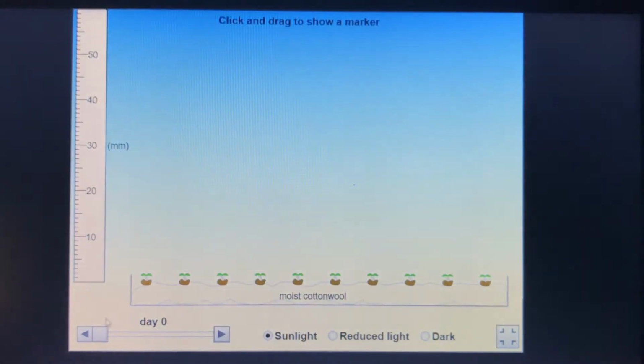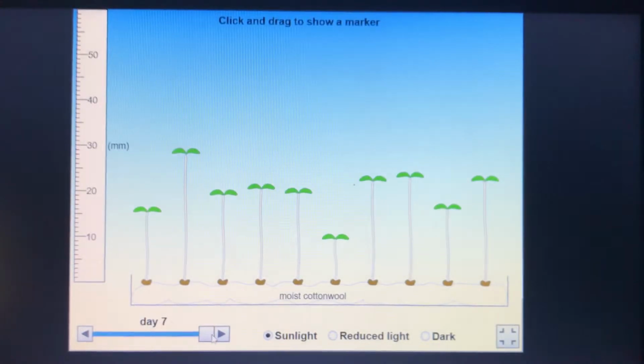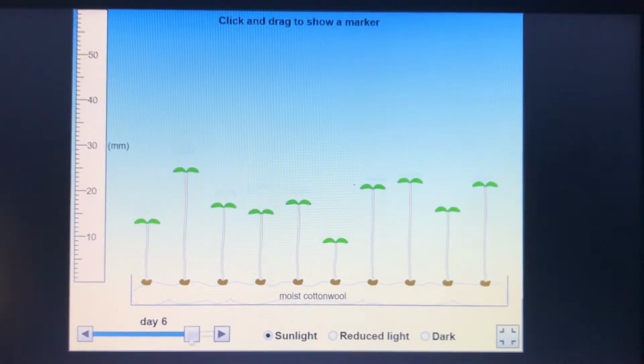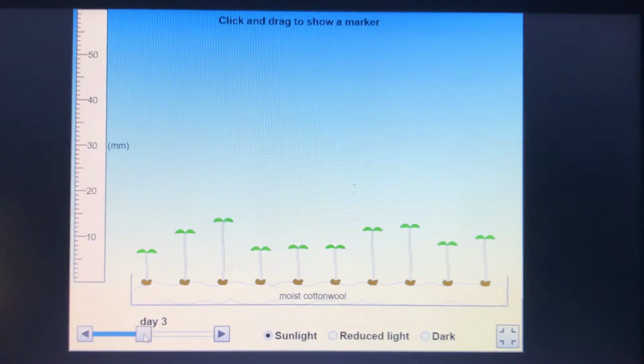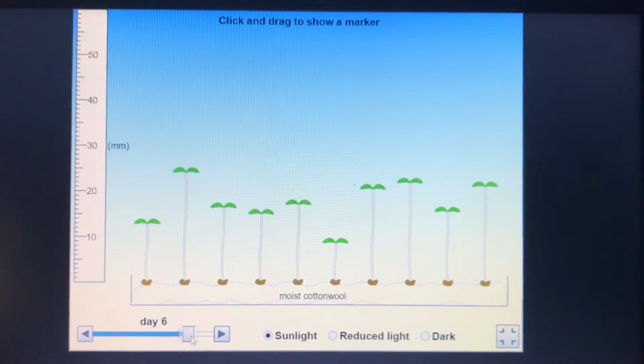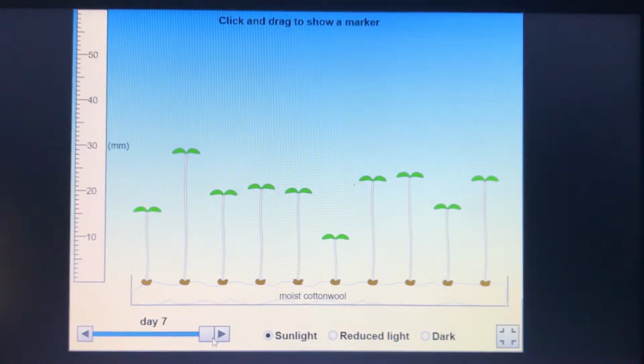And we can look at the growth of those seedlings over different days. And I'm not too bothered about the growth on, say, day 1 or 3 or 4. I'm looking at doing this over a fixed period of time, and I'm going for 7 days, as we saw in the method. So I've got 10 seedlings, and that's really useful because the more repeats I undertake, the more